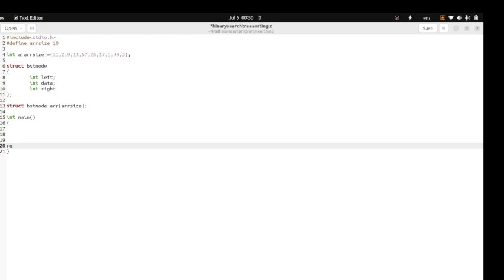Then I will write the inside content of the main function. It will return a value 0, after which the function will terminate. Now here I want to declare the root node. Initially, the 0th element will be the first root node. So here array of 0 will be equal to, will contain